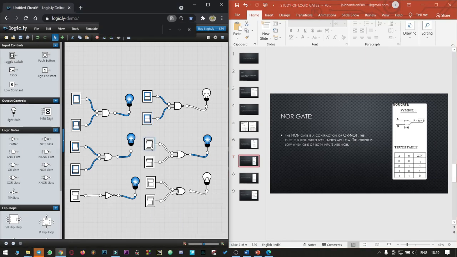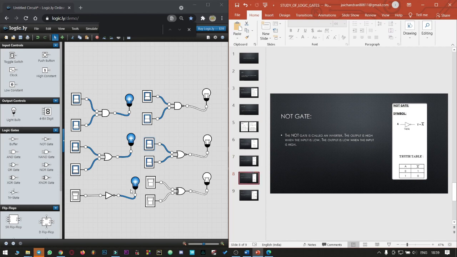So as we could see here, when both the inputs are turned off, the output is enabled. So the only way to disable the output is by turning both the inputs on. So in that way, the complement of A plus B is going to be 0, and the output is going to get turned off. So next we have the NOT gate.